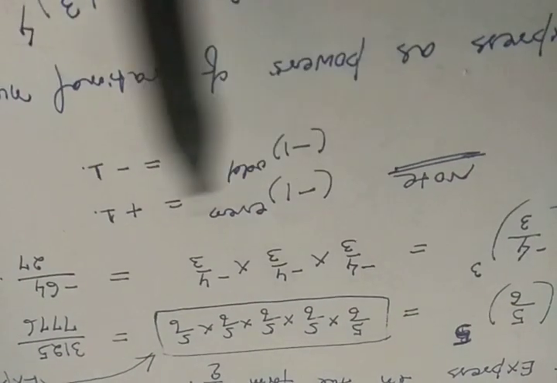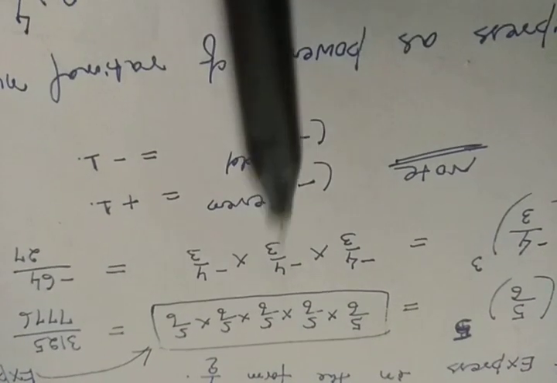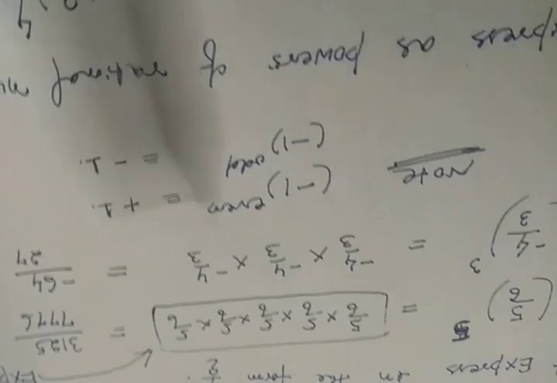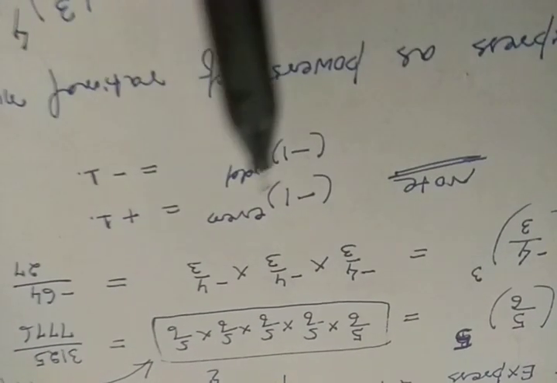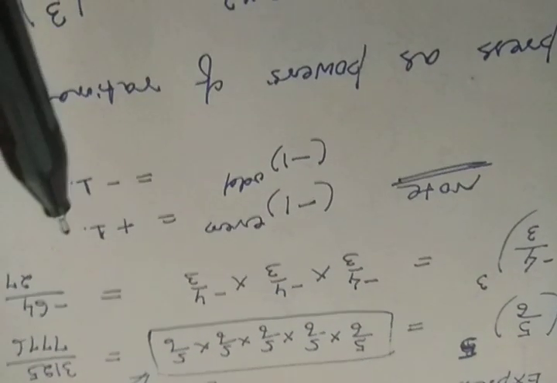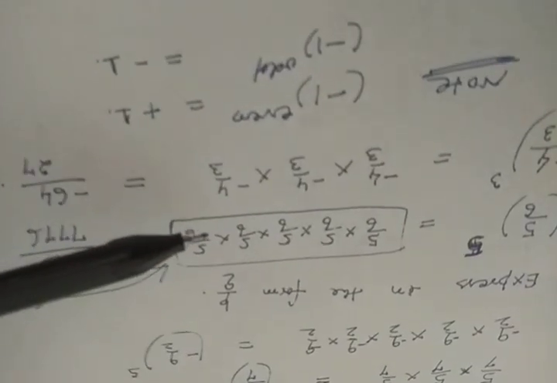So remember this formula, so that you should not do it like this: minus minus plus plus minus minus. So many times, how many times will you do it? So remember this formula. Minus 1 to the power even should be plus 1, and minus 1 to the power odd should be minus 1. So I think it is clear to you. Just say once again: first form, we have to express what is the base and what is the power. Second, exponential form, and third, p by q form.